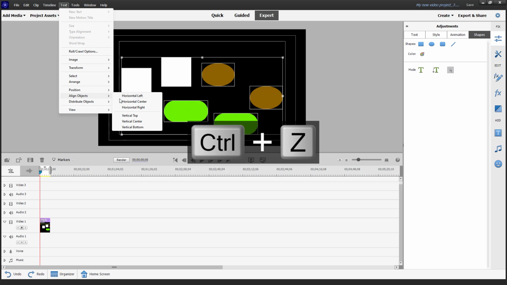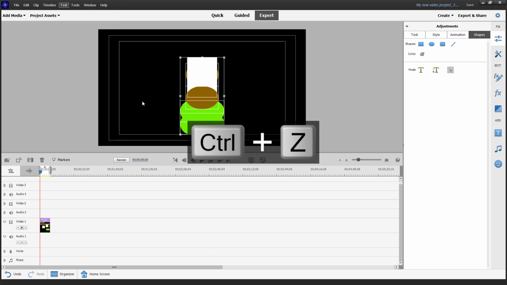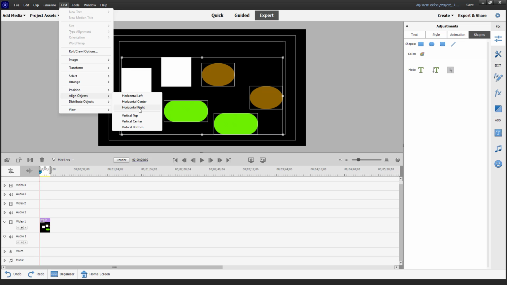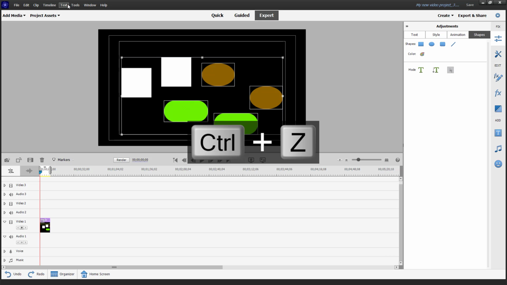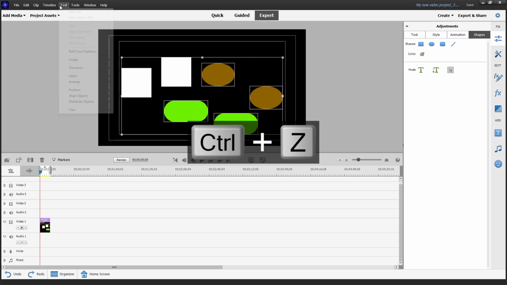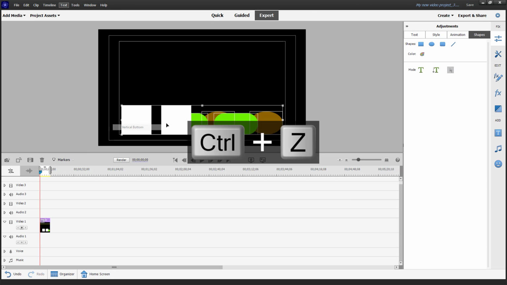as well. So on align object, you can align it to the center right here, so it is aligned to the center. You can align it to the right. If I align it to the right, as you can see right here, then it gets aligned to the right. If I arrange it, let's say for example, align it to the top, it gets aligned to the top, as you can see right here. You can align it to the center just like this, and you can align it to the bottom just like